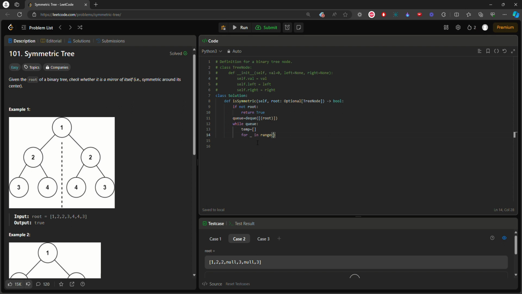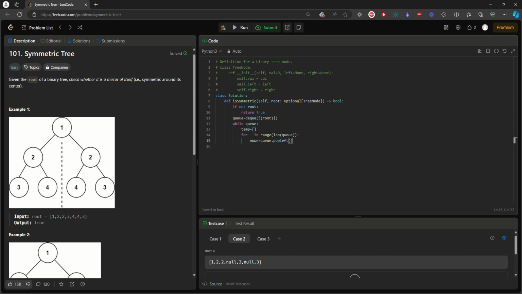I think you know why I am not using i over here, but I'm using the underscore operator. This is mainly to make sure that if by chance I use i anywhere further down the line, then that should not affect my code, mainly because this value is not at all being used anywhere. This is just to check for the length of the queue. What you have to do is pop out the node,